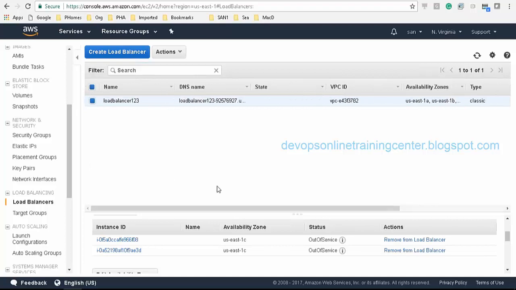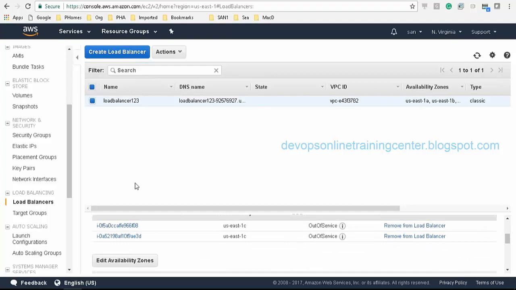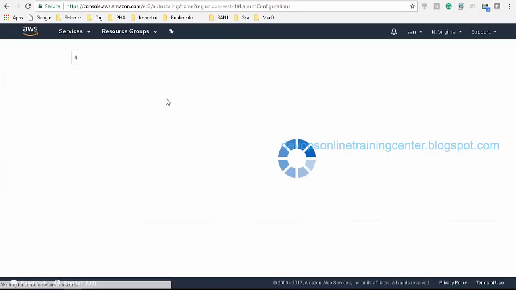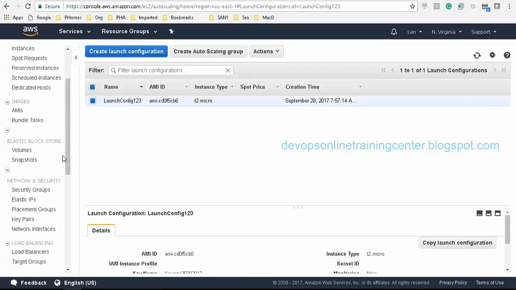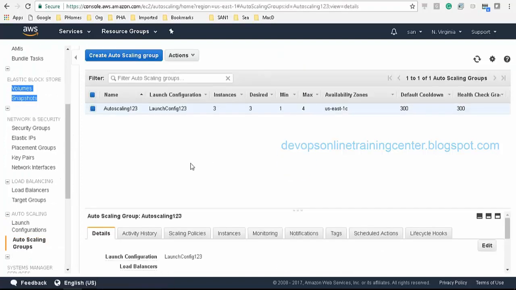Let me see. Because in the scaling policies we have just 1 instance, right? Or 2 instances. 2 instances we have. Where is my existing scaling? Here's the launch configuration. This is the one. Auto scaling. So this has spun up 3 instances, and let me see. This has 2.